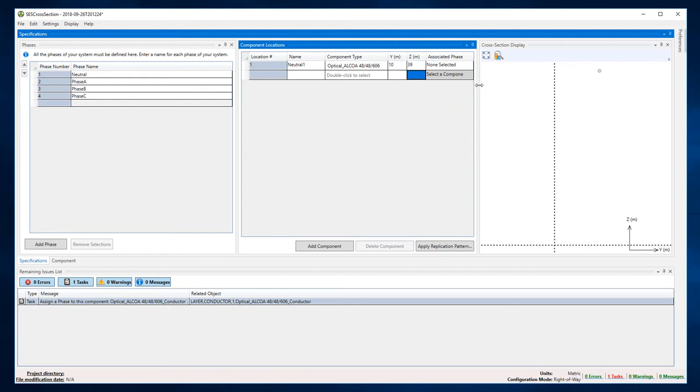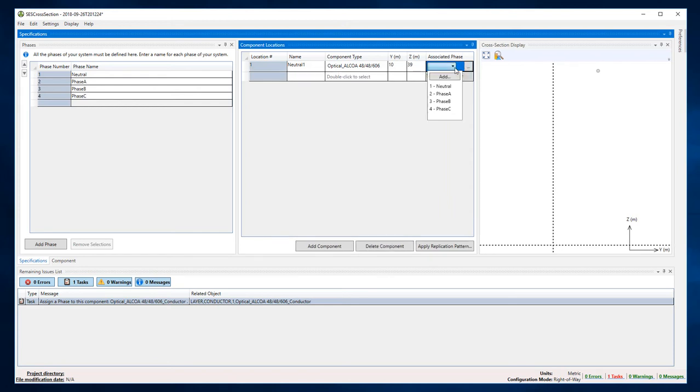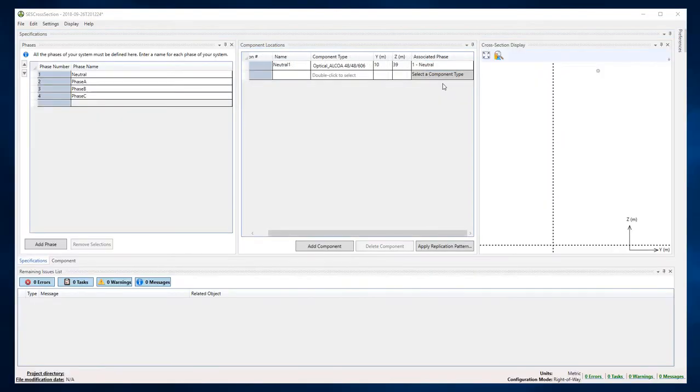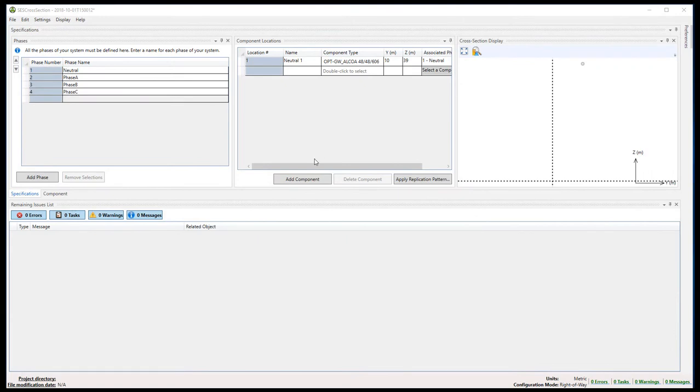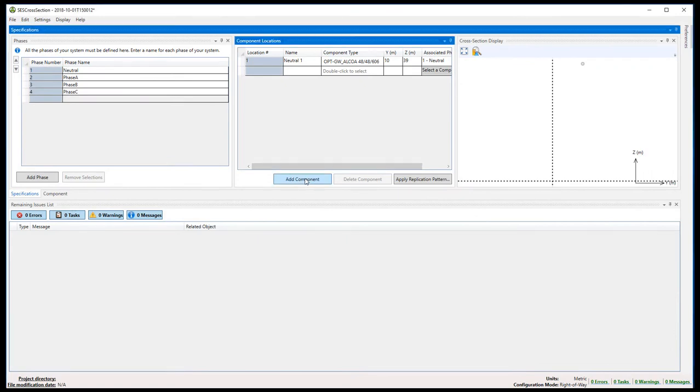Next, we assign our Neutral 1 component to the neutral phase by making the appropriate selection from the associated phase column. The options we see in this list are comprised of the phase names we specified in the Phases tab earlier in the video. So after assigning this component to the neutral phase, we've now concluded the specification of our first shield wire, and now we're ready to move on to specify the characteristics and location of the second shield wire. We'll follow a similar process, clicking on the Add Component button,